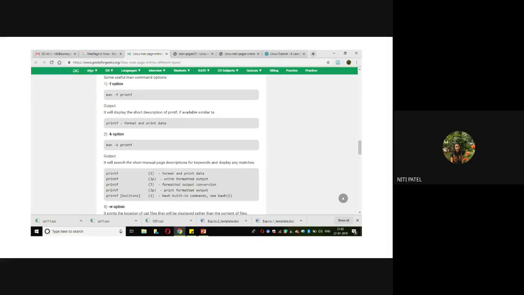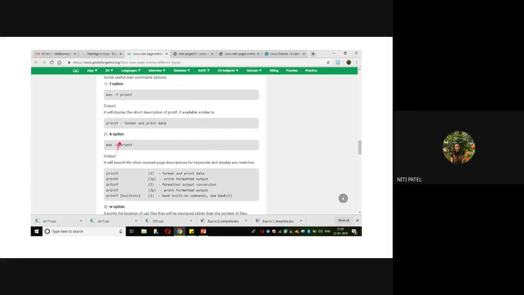Now, if I type man -k crontab, what will it give me? All the entries that are matching with crontab, it will give me the details of all those commands. Everything which is matching with the word crontab will be given.